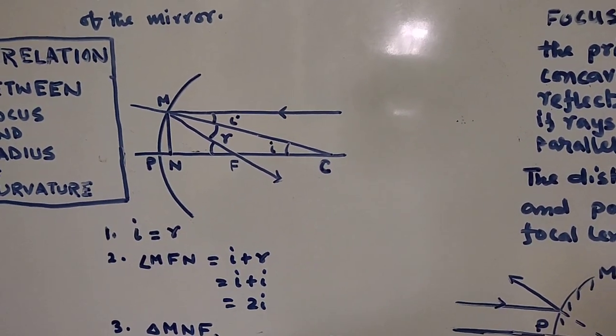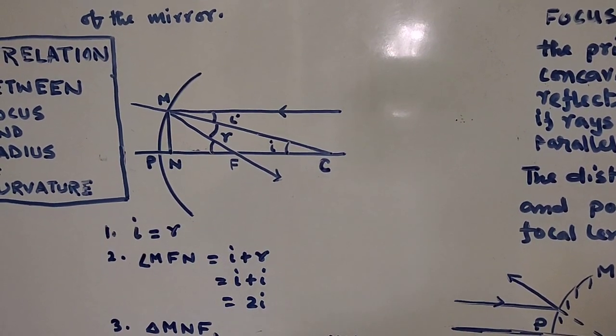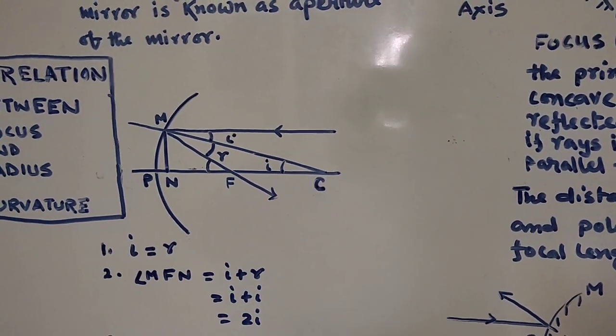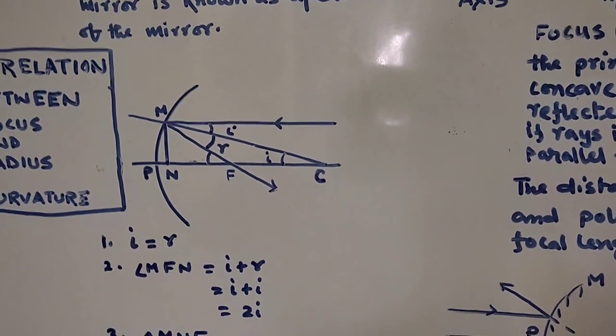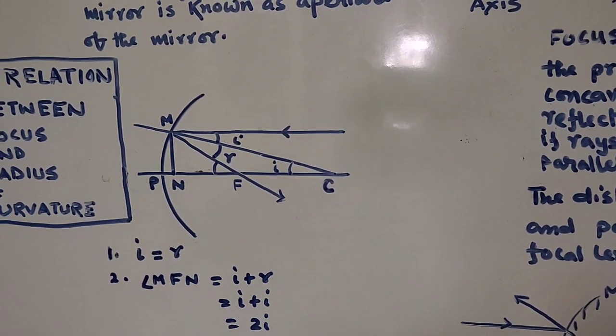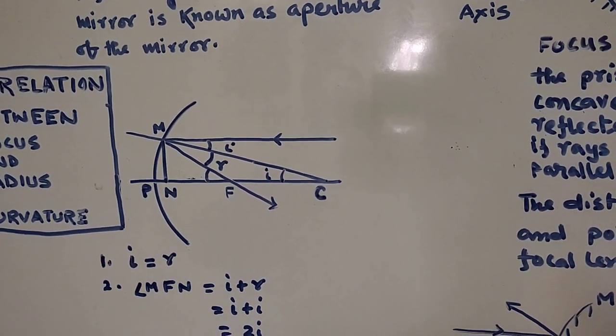Now, why must it pass through the center? Because all of you know the radius and the circumference are perpendicular to each other, isn't it? And the radius passes through the center. So any line which is perpendicular to the circumference must pass through the center. So here we have drawn the normal, and the normal, all of you know, makes 90 degrees with the curved